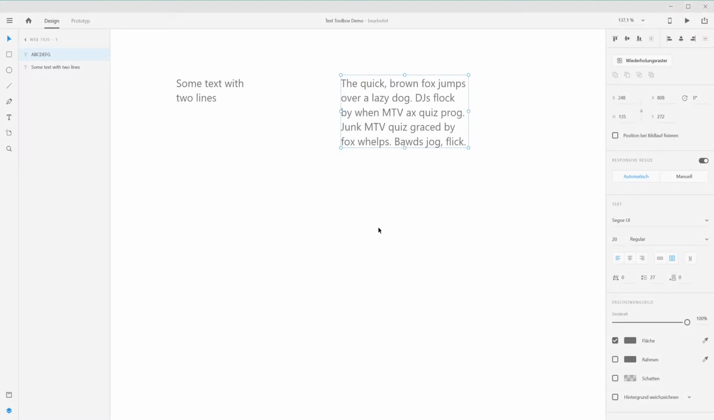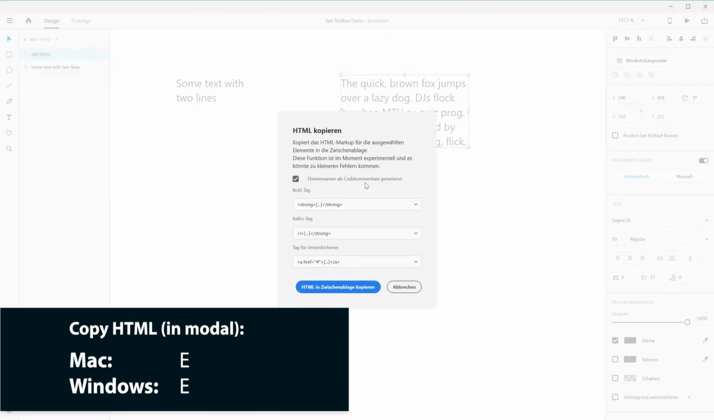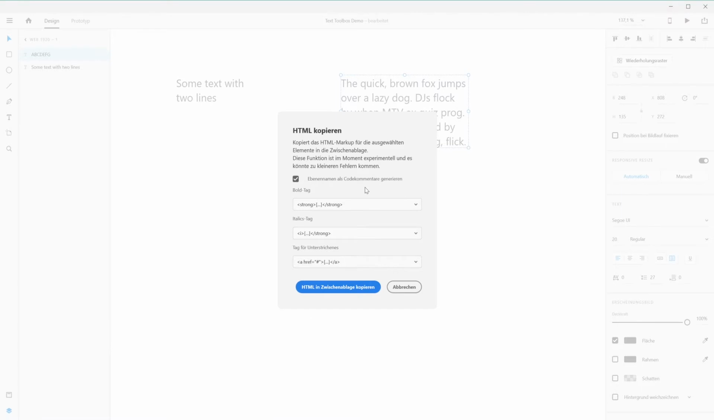Third in our list, there is the Copy HTML function, accessible with E, which is currently at an experimental stage. With it, you can quickly copy basic HTML markup for selected layers to the clipboard. This will, with its default settings, include comments with the layer names of each selected layer, text contents, and divs